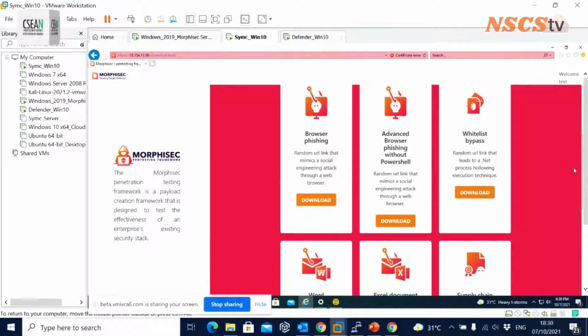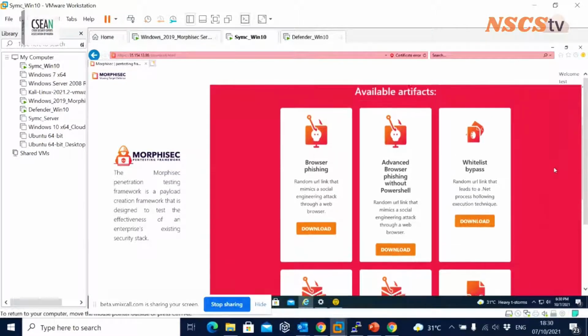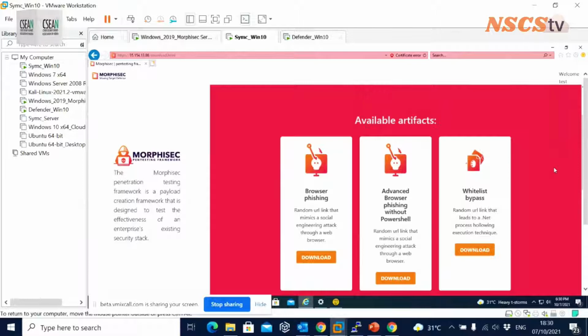So I'm accessing my framework here. This framework has multiple threat artifacts, right? So I'll try one because the time limitation is there. I'll try to download one of the attacks